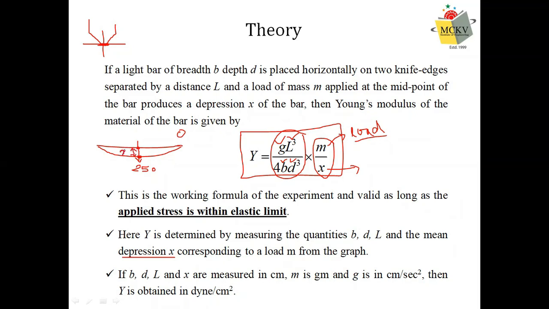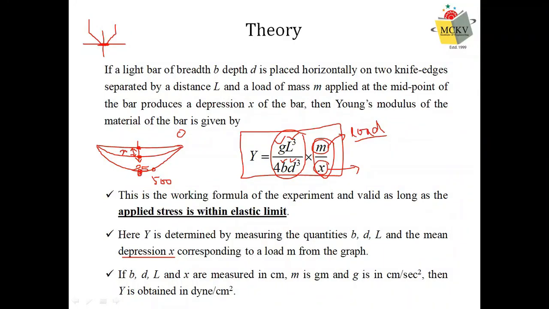So if you again take this pointer and coincide it with the horizontal line, you will get the reading for this point. You have the reading for zero load, you have the reading for 250 grams, you subtract the two readings, you will get the depression for 250 gram load. Next, load it with another 250 gram, that is now it will become 500 gram load. So the depression will also be more. So this point right at the center of the bar is now over here. So take the reading for this point.